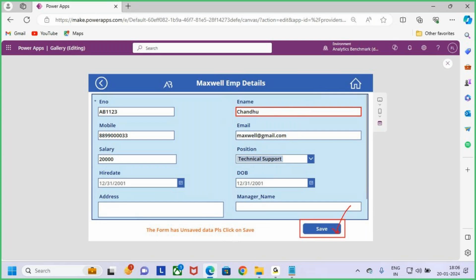So once I click on the save button, the record is going to be saved. I'm going to save the new employee name here. Now, instead of clicking on the save button, if I click on the back button, what happens? If I click on the back button, or if I click on the home button, now